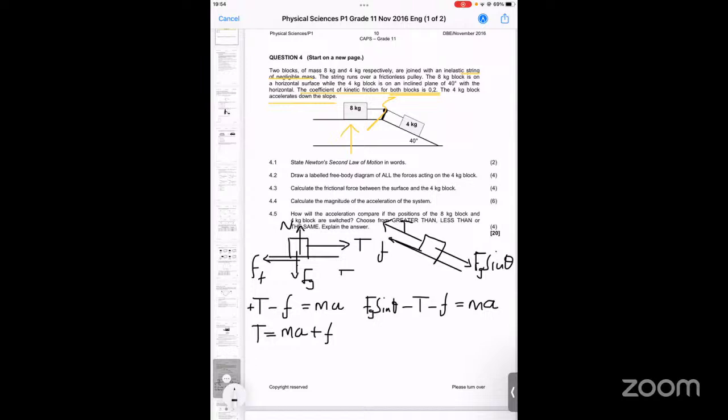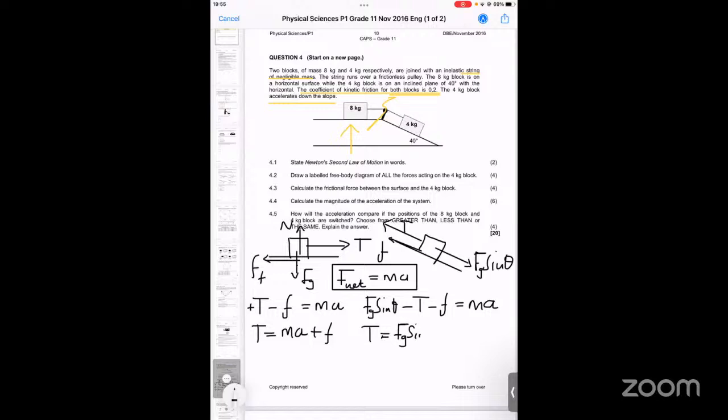Obviously, we're just using this formula of F net equals ma on both situations. Can you see, Didintle? Yes, sir. So that means we just make tension the subject of the formula. So the tension will end up being